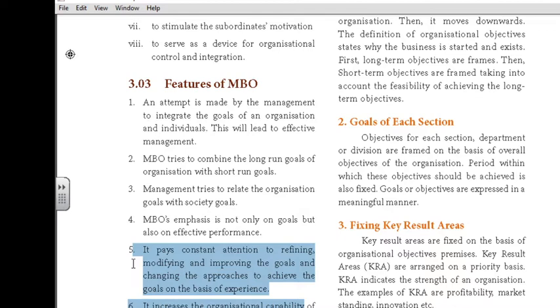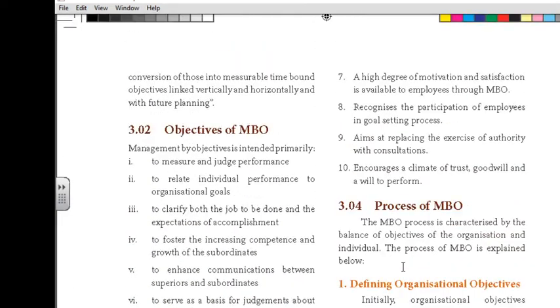Only if the customer is satisfied will the business run well and profit be easily achieved. So he has to adapt according to the present situation and present technology. The business has to adapt, and this increases the organization's capability of achieving goals at our level. If these things are there, we are able to achieve the goals easily.